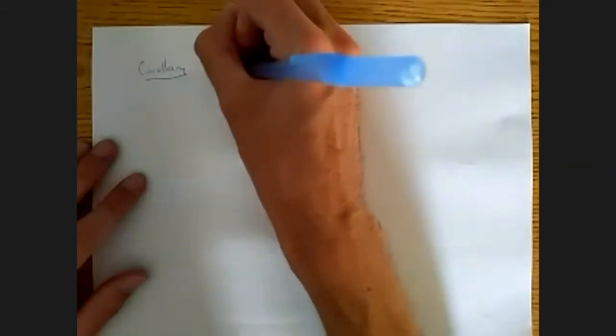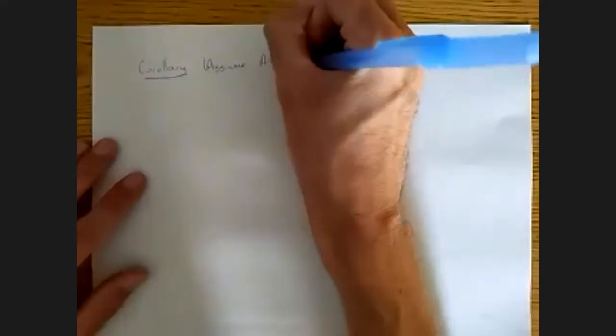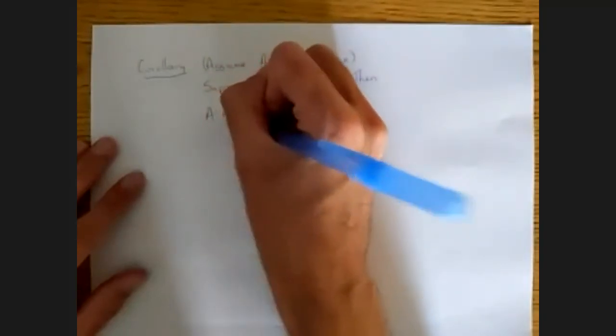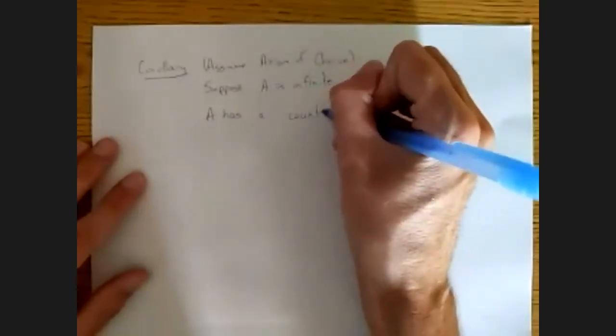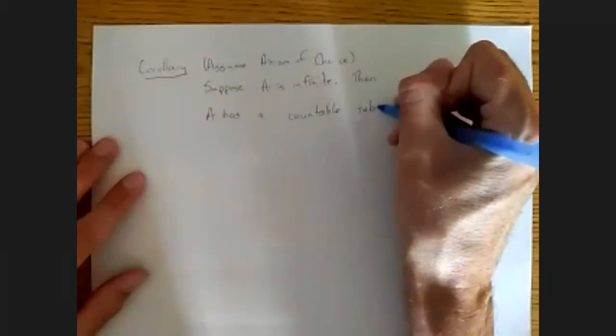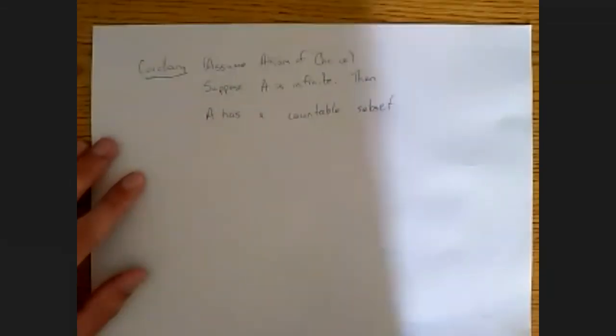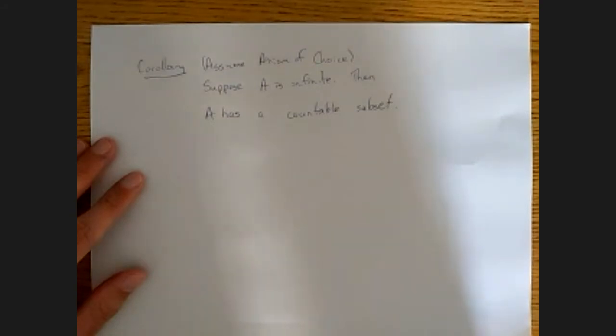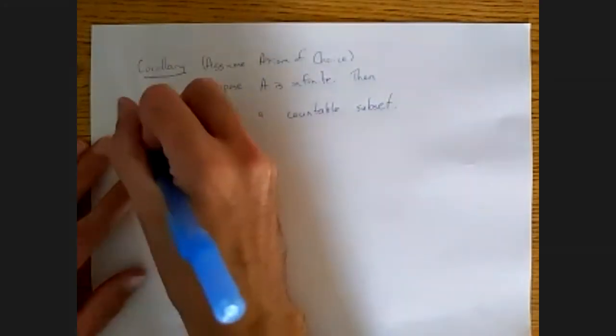So assume axiom of choice, and suppose A is an infinite set, then A has a countable subset. Okay. And the proof is